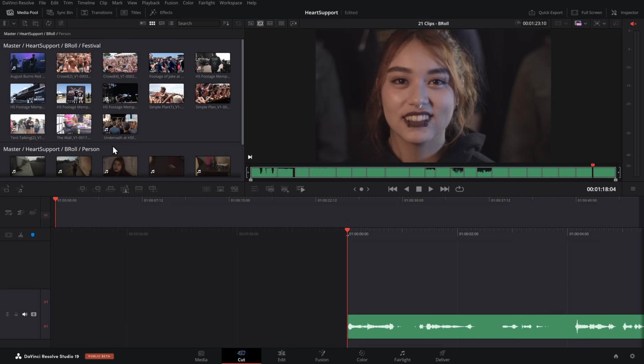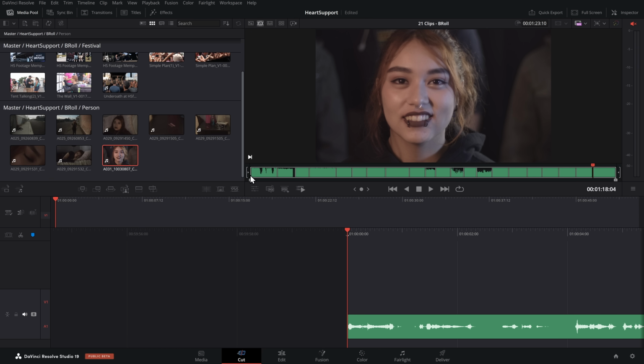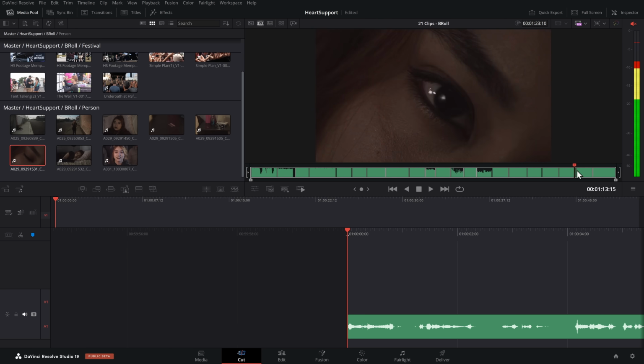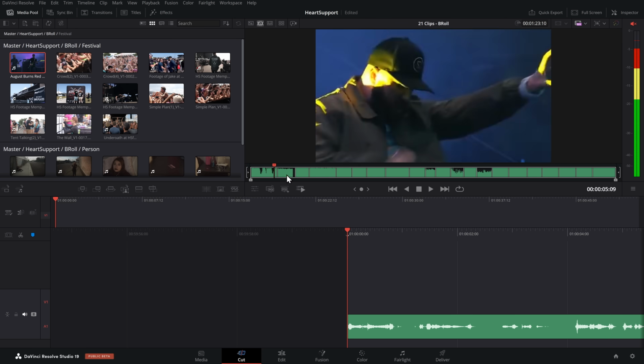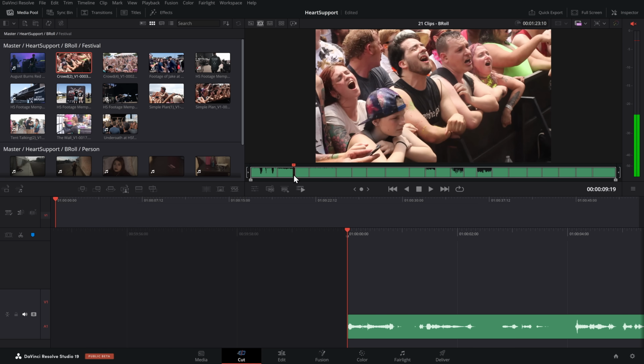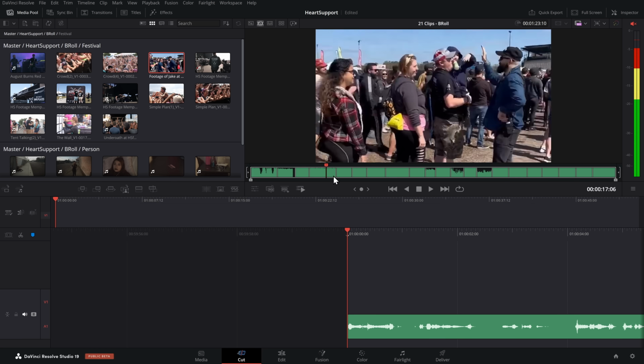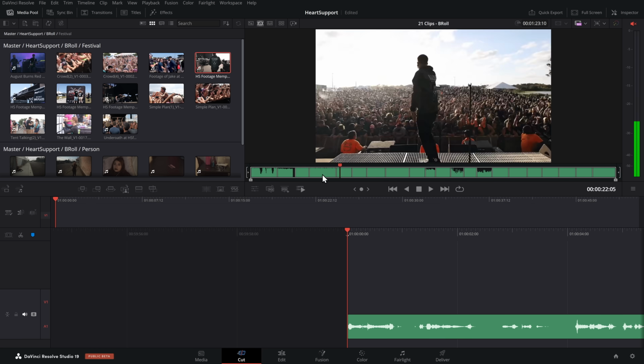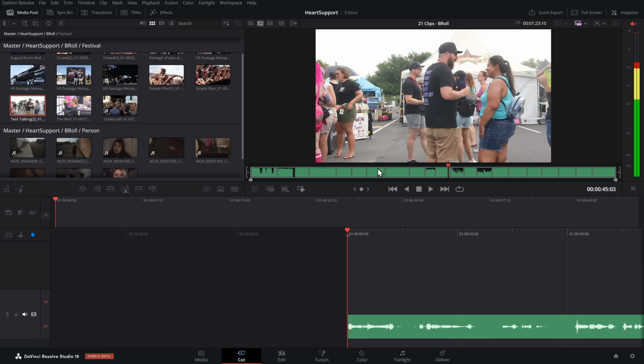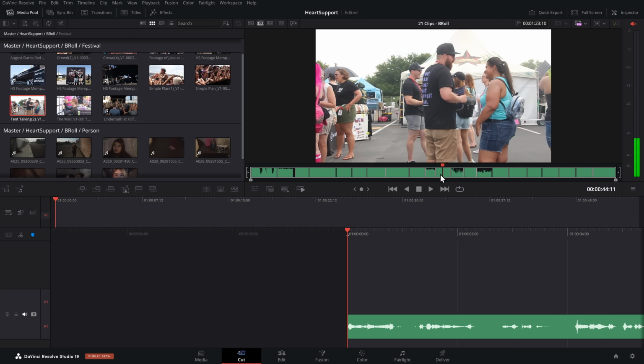And what this is going to do, because we're in that main B-roll folder, is sort this out into festival and person, but it's put all of the clips on one big timeline. So it's dead easy to access, dead easy to see what we're working with, and then we can just put this onto our timeline. As we scrub through this big timeline, you can see it is automatically selecting the clips